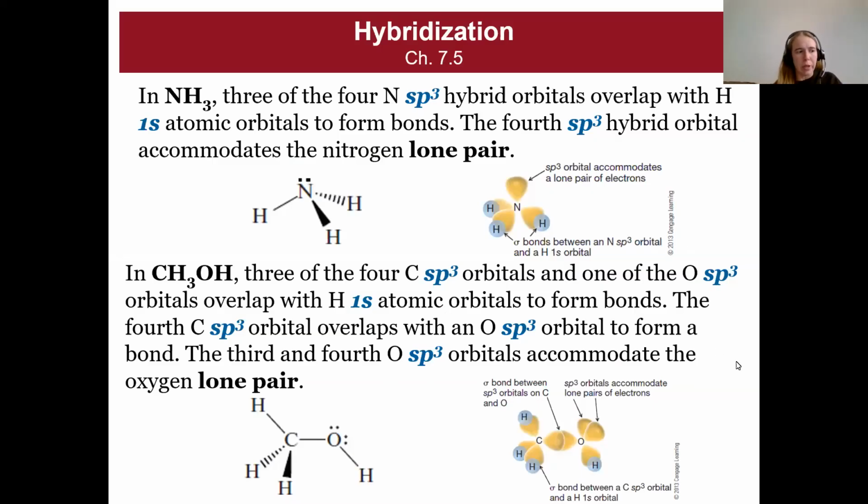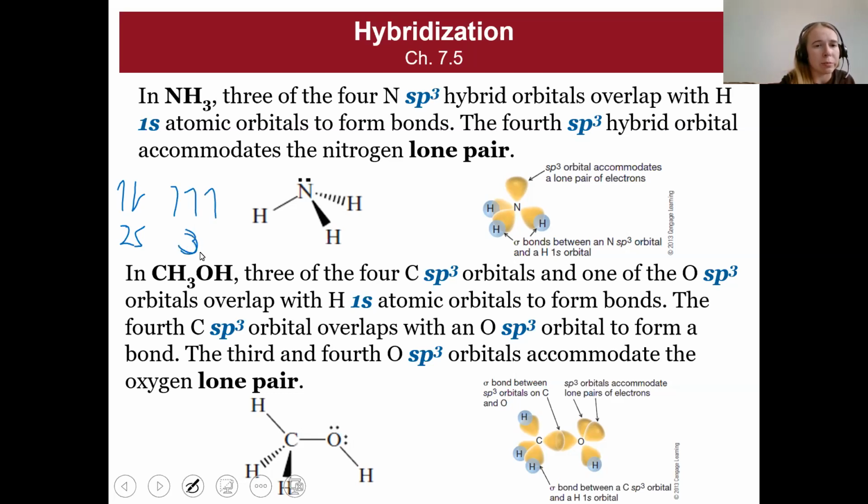All right, so in ammonia, we have sp3 hybrid orbitals as well. That's because our electron configuration of ammonia, or at least the valence electron configuration, has these two 2s electrons paired up, and we've got three 2p electrons that are unpaired, and we are going to use those three unpaired 2p electrons to bond, but